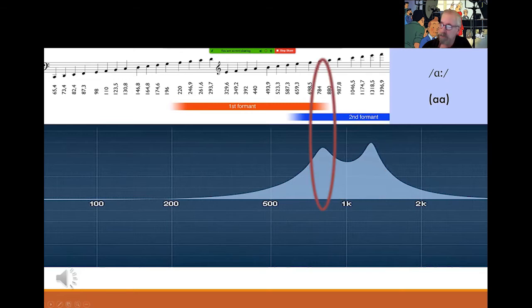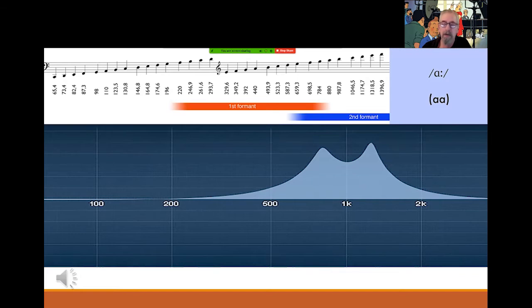The first formant is quite high, as you can see, with the open jaw, and the second formant is a bit in the middle, you could say. And the resulting sound would be